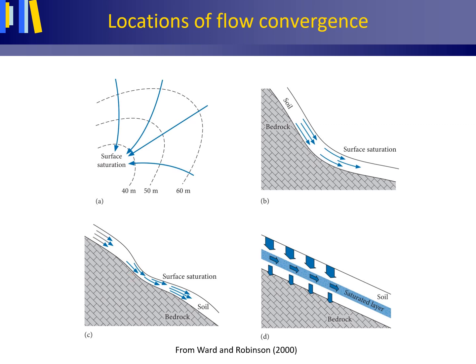A perched water table and through flow may also develop as the result of the reducing hydraulic gradient as water moves downward through a soil, even a relatively uniform one. This may cause the development of a saturated layer at some depth in the soil profile, as shown under D.